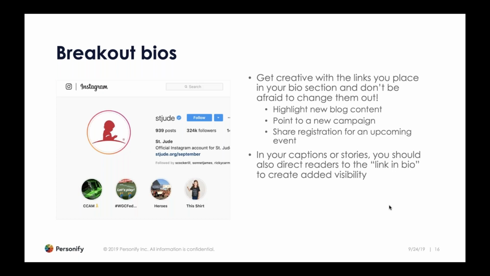It's a great way to help those new to your organization get to know you a little bit better. Instead of them seeing you on Instagram and then having to go Google your organization, say link in bio, and somebody will know what you mean. Those who are not familiar with you go to your bio, click a link, and maybe they're on your website learning more about you. I really love this example from St. Jude. Here you see there's a link, stjude.org/September,